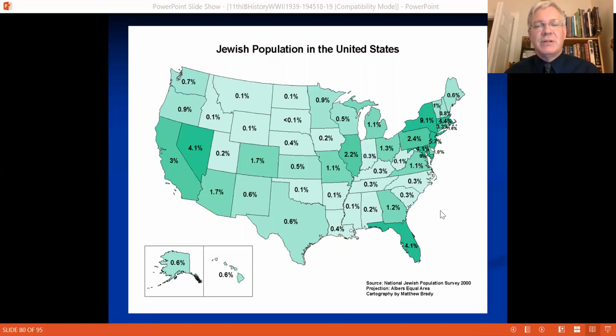And there were times in Europe as well that Jews were like, this is not a very cool place to live. A number of them had moved to the United States of America over the years in American history, and we had concentrations of Jewish population. You can see in the New York area, in New Jersey, and so forth in New England, there were a significant number of Jews that had lived there, but they also felt the effects of anti-Jewish prejudices in the United States. And you can even look, right? I mean, this is what, 2000? And you don't see lots of Jews finding their way into certain parts of the country.